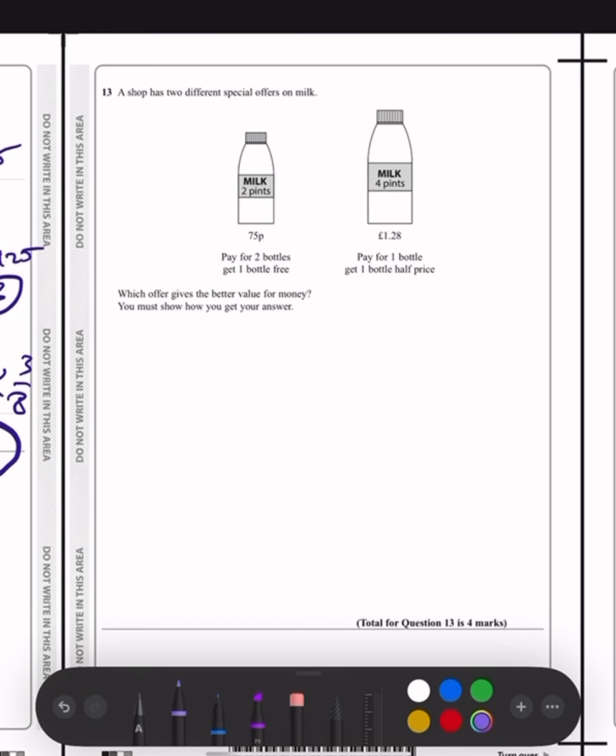So again, this is the 4-mark question. We basically know that better value for money means that it can give you more at a cheaper price. So the main method that we have to use is this: firstly, we multiply the 75p by 2, which would give us £1.50. So if I write it in a neater way,